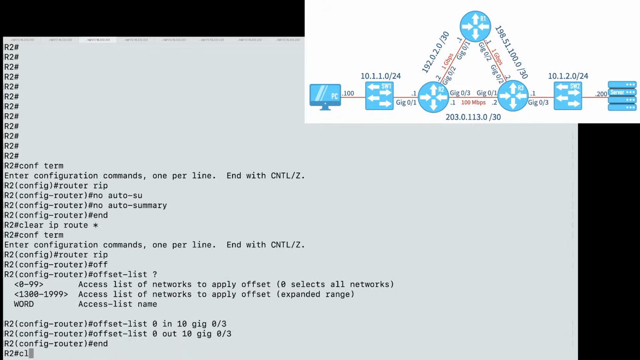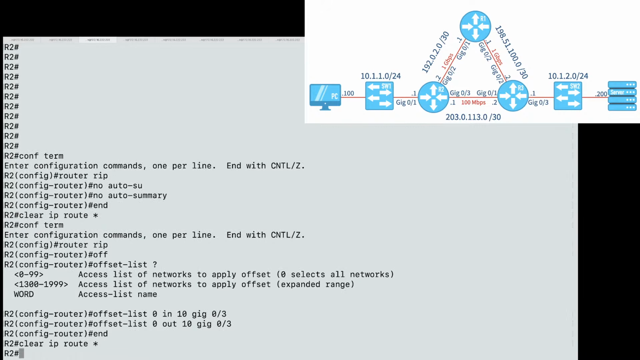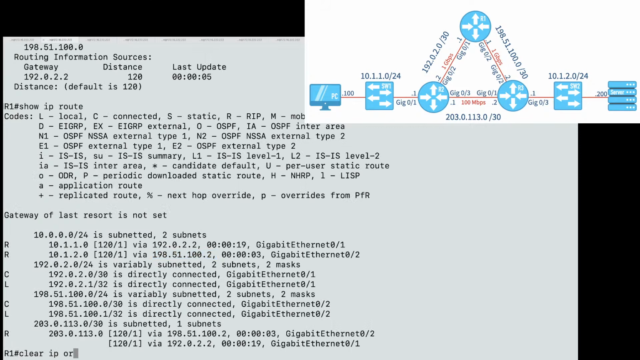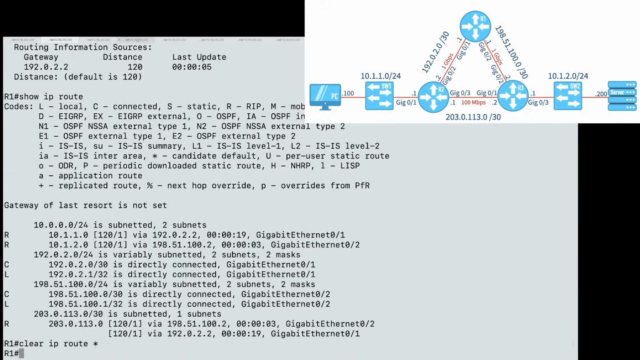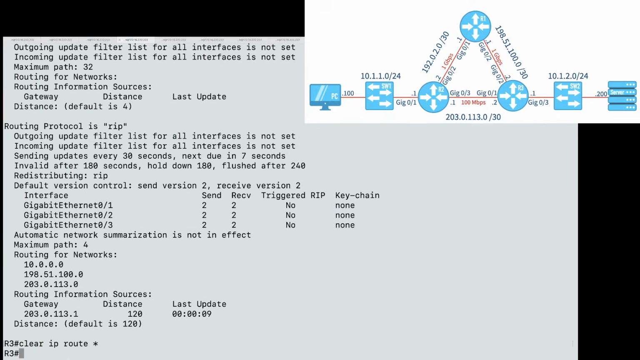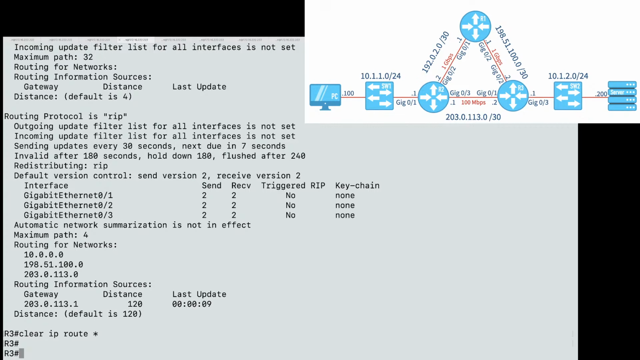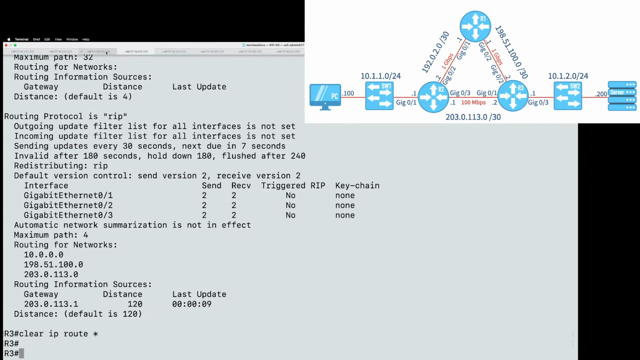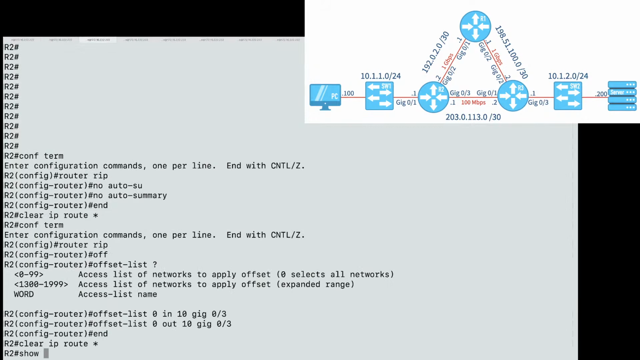Now, to make this take effect, again, I've got to go around the ring here and clear the IP routes just to speed things up a bit. Clear IP route. And finally on R3, clear IP route star. Okay, now let's take a look at the routing table on, let's go to R2. On R2, if I do a show IP route,